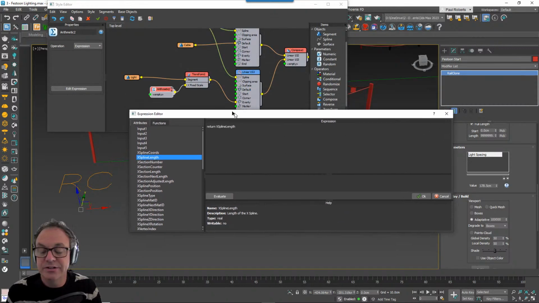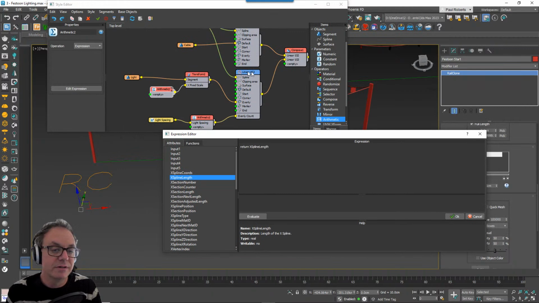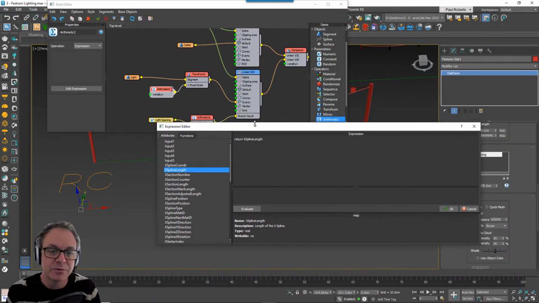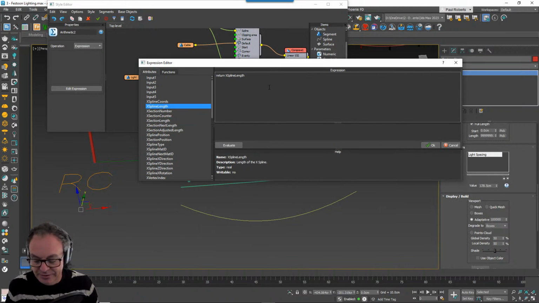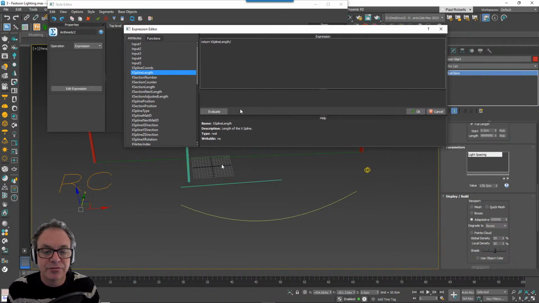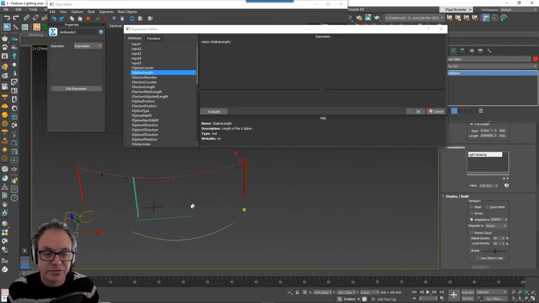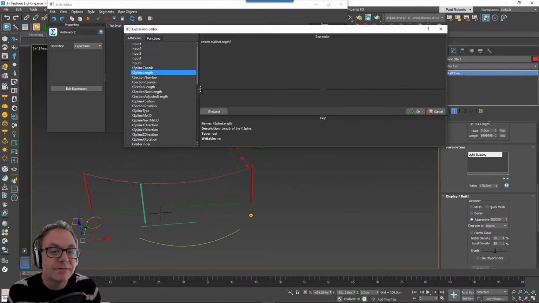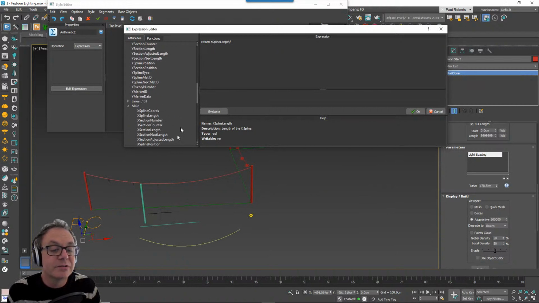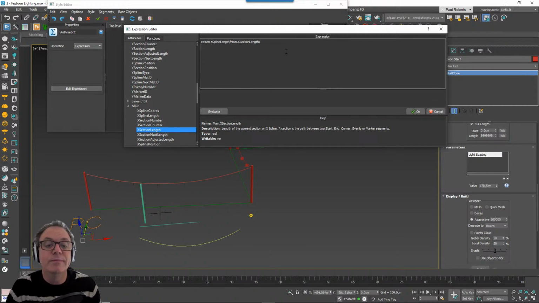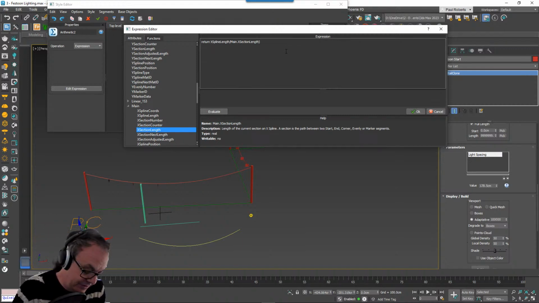I don't need to use any dot syntax here, because this is the generator to which this segment is directly wired, so I don't need to tell it which generator to use. It will use this one by default. Now what I need to do is to divide that by the length of the spline section on the final style. So here again we'll come down and find main, and this time instead of spline length I want the section length, so I'll find X section length, double click on that, and then that will give me a value possibly of 0 to 1 or thereabouts.